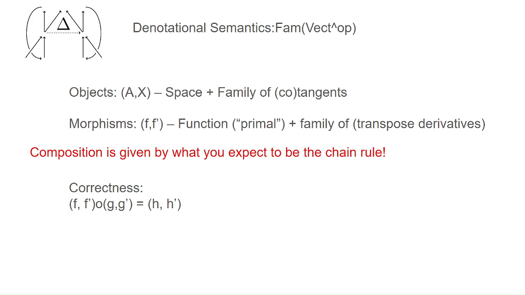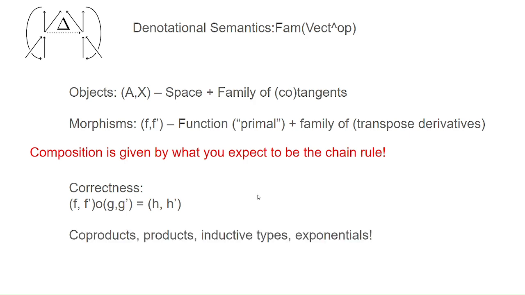So given two pairs, f prime, g prime, where f prime gives the family of derivatives of f, and g prime gives the family of derivatives of g, the composition in this category gives the composition of the functions and the derivative of this composition. But of course the correctness proof goes beyond. It shows that you can use this structure of the category and you are going to still get a correct pair, a pair where we